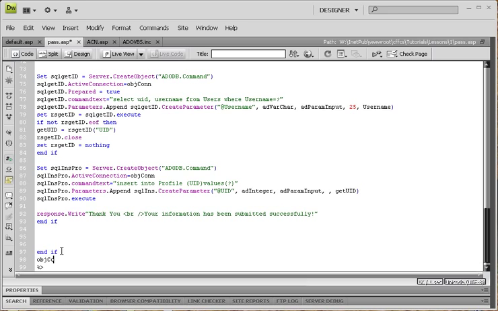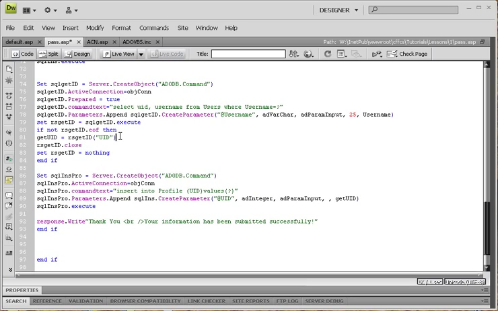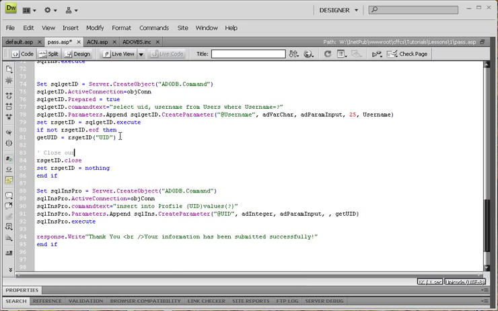Okay. So this closes our database, close our record set. Okay, now close and free our record set. Every single time that you create a record set, which is your select statements using parameters like this, whenever you create an insert or an update or delete statement, you do not create